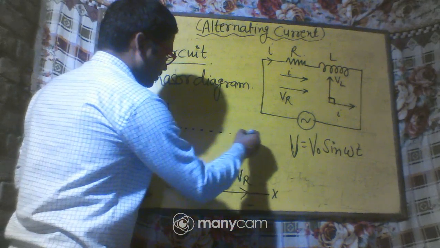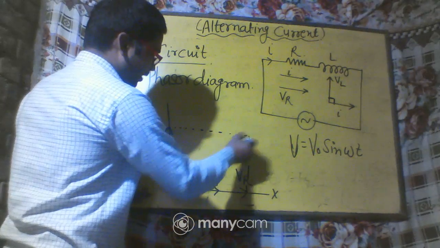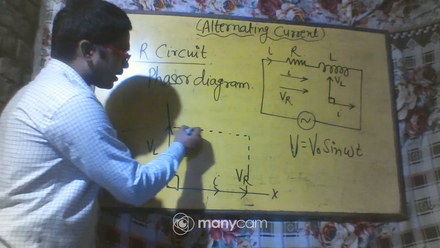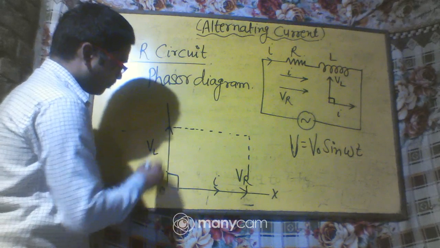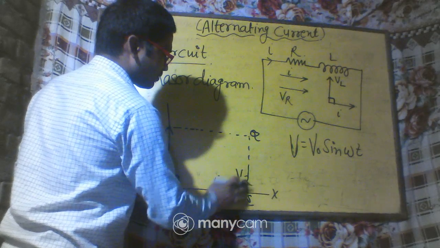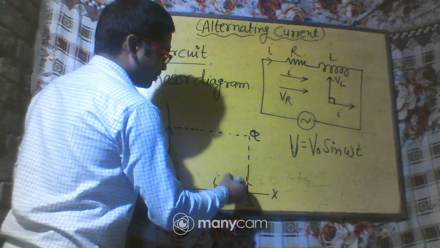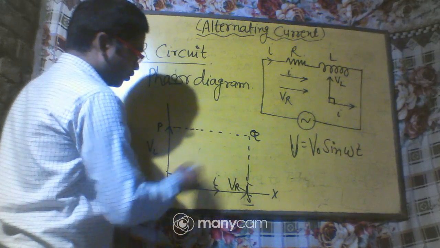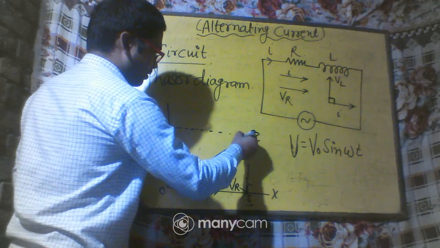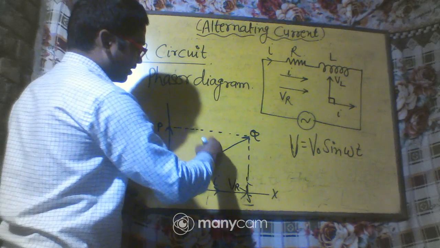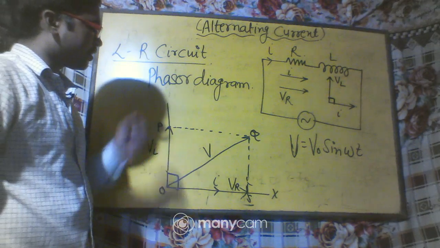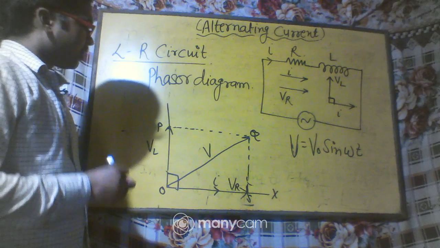So to find out the resultant of these two vectors, we can use the parallelogram law of vectors. So let us complete a parallelogram. Suppose these are O, P, Q and S. This one is VR. So if we draw an arrow OQ, this will be the resultant voltage V. Now this OQ gives the resultant voltage V of this